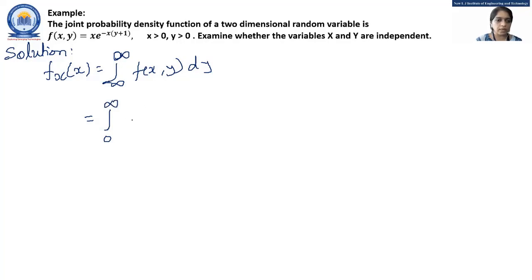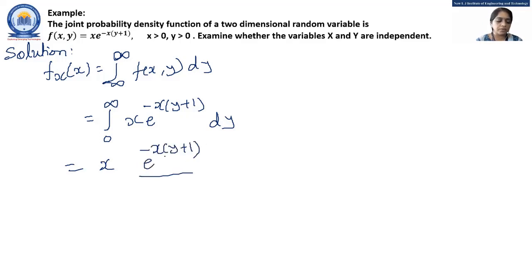So 0 to infinity, and my function is x e raised to the power minus x(y plus 1) into dy. So x, keep it same, integration of e to the power minus x(y plus 1). We are doing integration with respect to y, so upon minus x, and limits are 0 to infinity. So here x is cancelled, and if I keep minus sign out of the bracket,